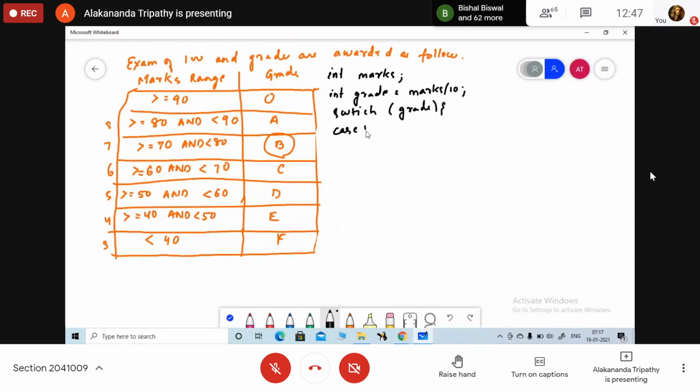Case 10, case 9, println O, then break statement. Case 8, so println A, break.